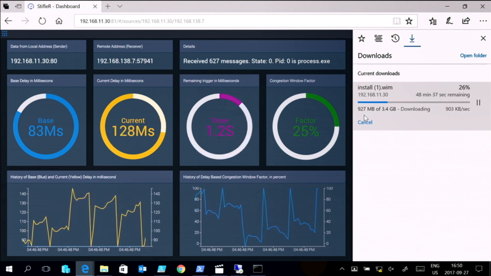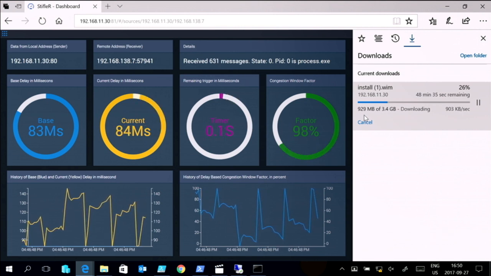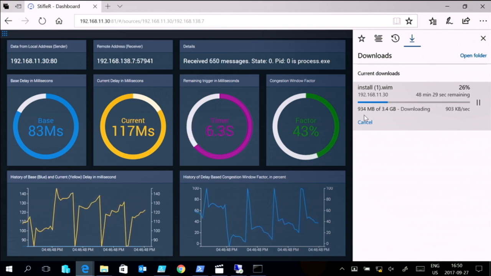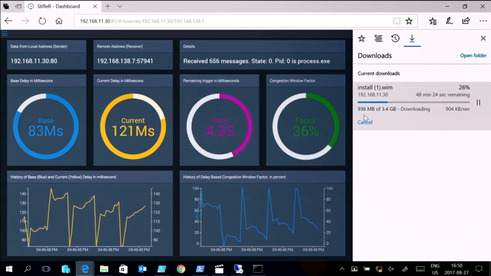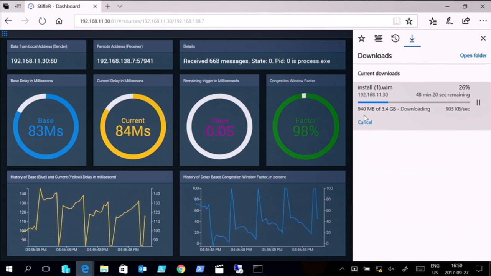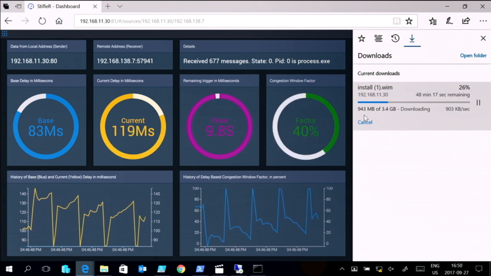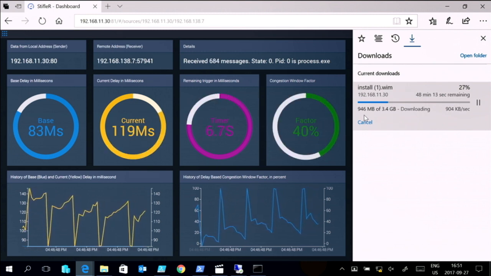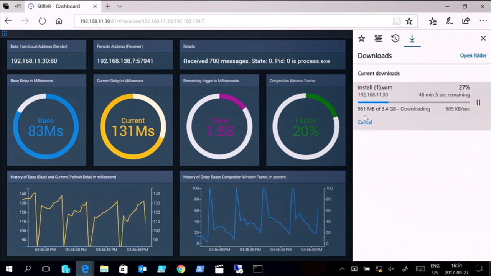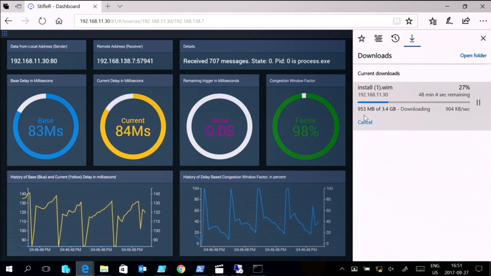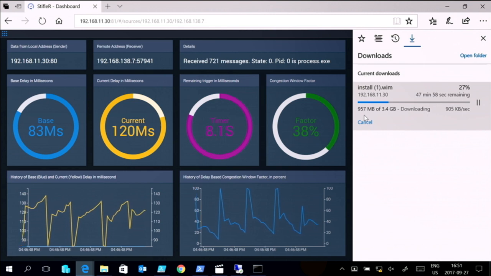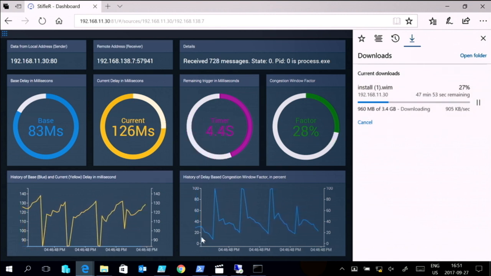And anything below 0, so that will actually go to negative if this connection should be or is competing with something else. So then you could see, if you look at the yellow line and the blue line dials, they're basically over time. So you can see it's trying to push a little bit. It's basically doing what TCP does. It's trying to actually get a little bit more data through, but it realized, hey, if I do this, things get busy. And if you look at my actual download, this is what I'm tracking. So we're about 950 megabyte. And let's see what happens if I put additional load on this line.